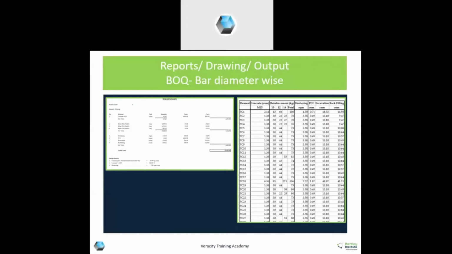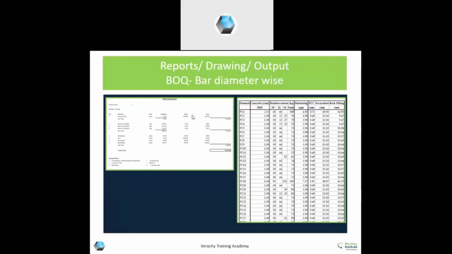So RCDC is calculating the concrete required, reinforcement required, diameter wise, PCC and excavation also. If you put in your DSR costing values, you can easily calculate the total cost of that element to get an initial idea.